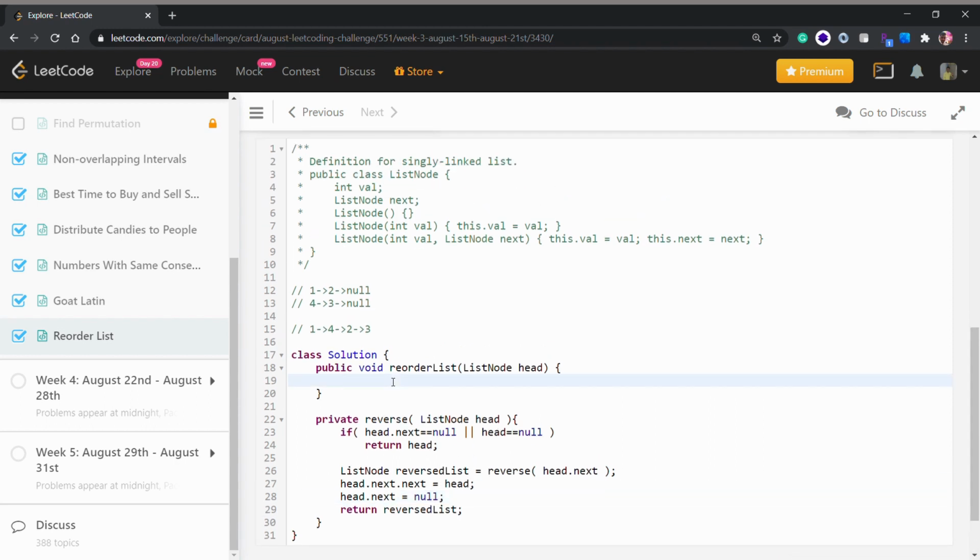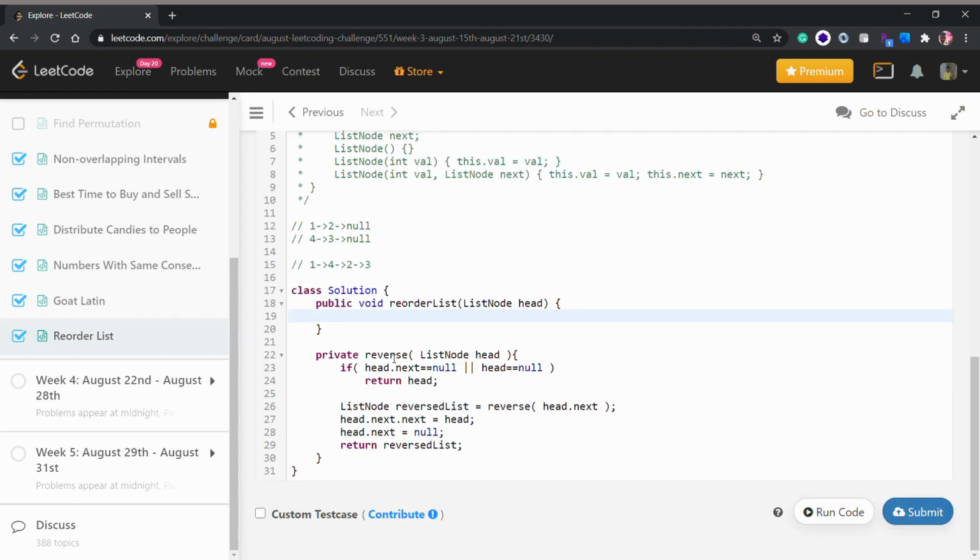And now we have reorderList. Let's have a look at our main method, the reorderList which we were given initially. First of all, we will check if our head is null or head.next is null.